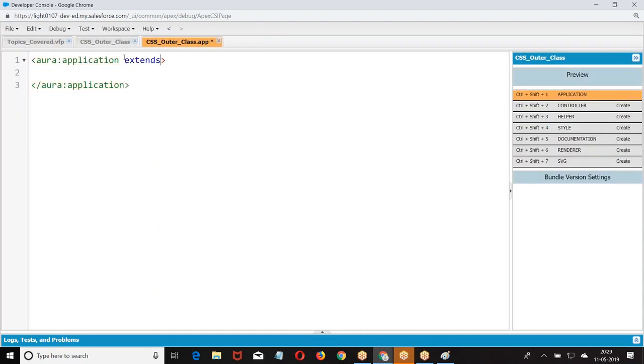First I'm taking extends. Why am I extending? Because I was trying to use Lightning.